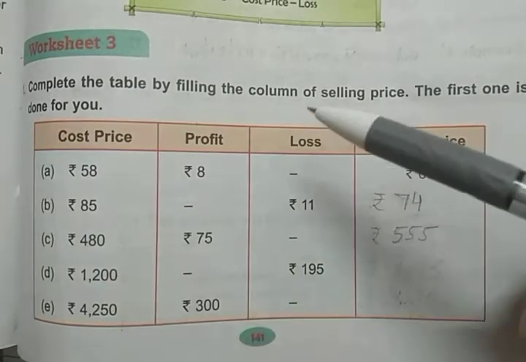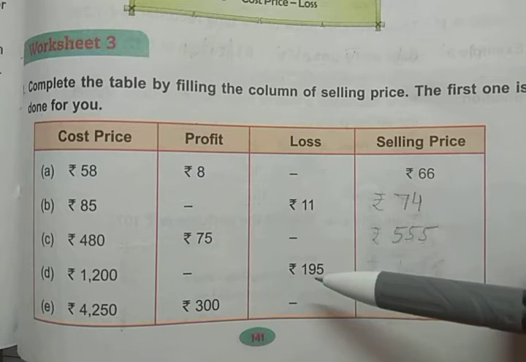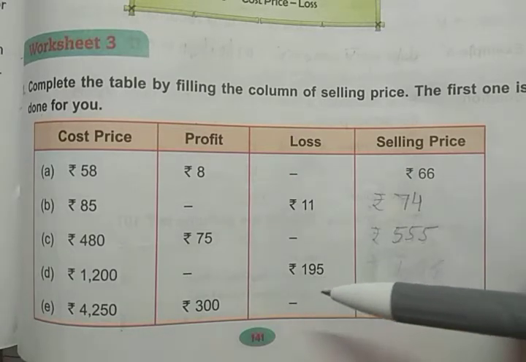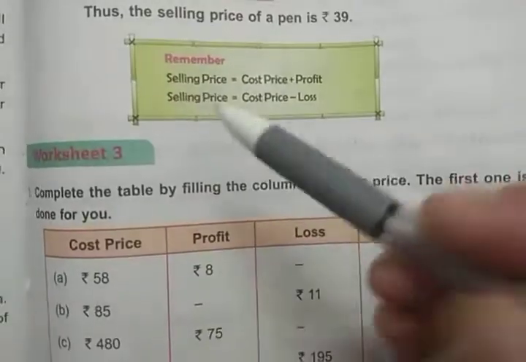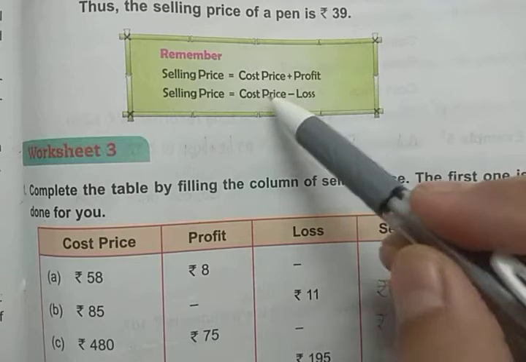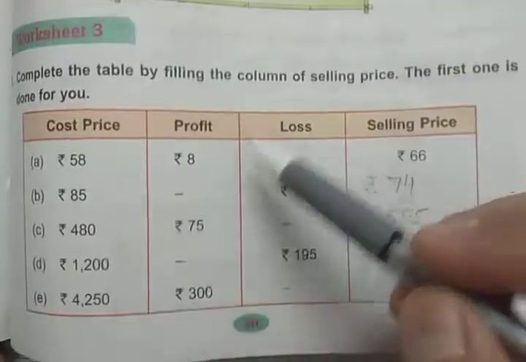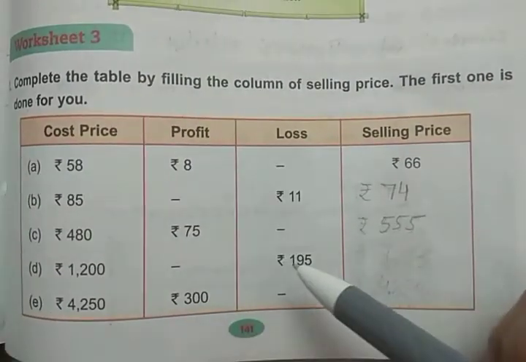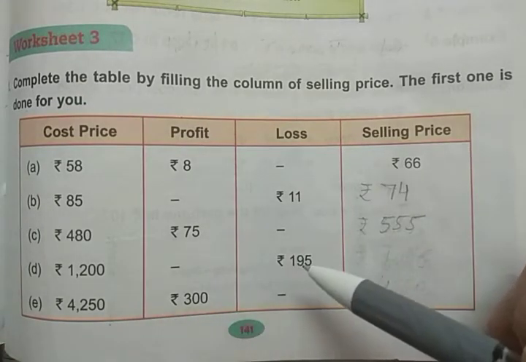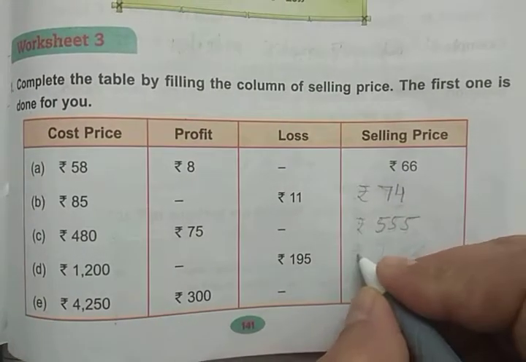Now D part: here cost price is 1200 rupees and loss is given, loss of 195 rupees. So to find the selling price when there is a loss, selling price is equal to cost price minus loss. That means we have to subtract. So 1200 minus 195. So 200 minus 195 is 5. So the answer is rupees